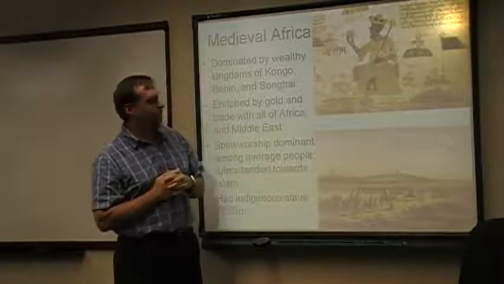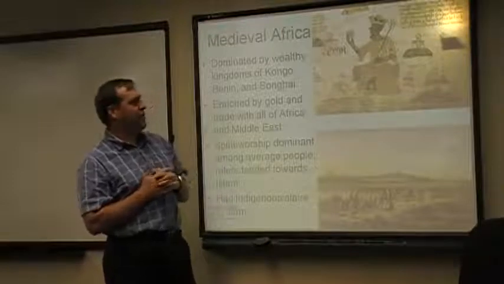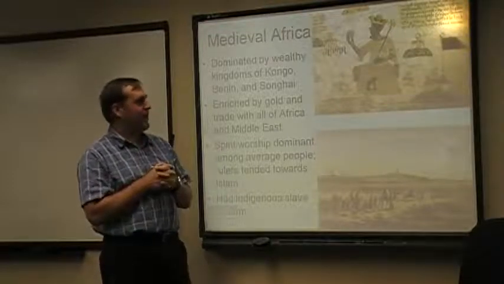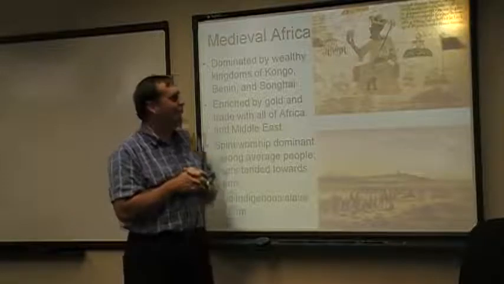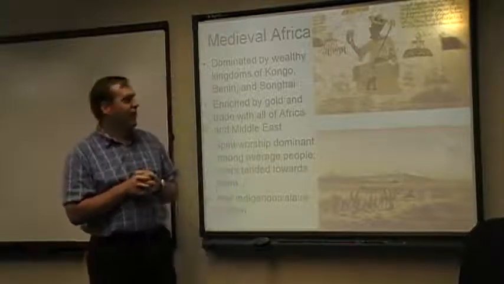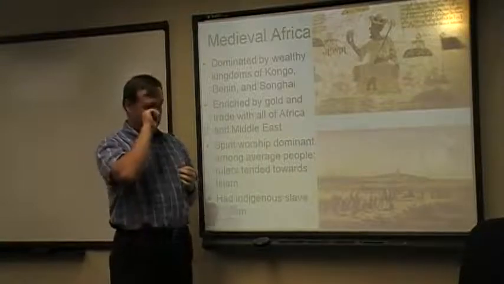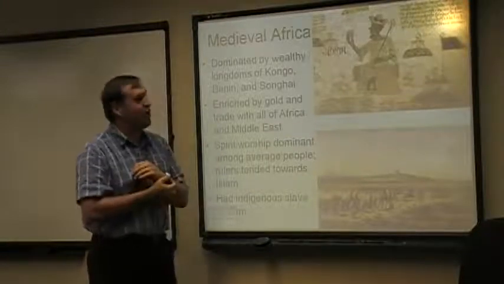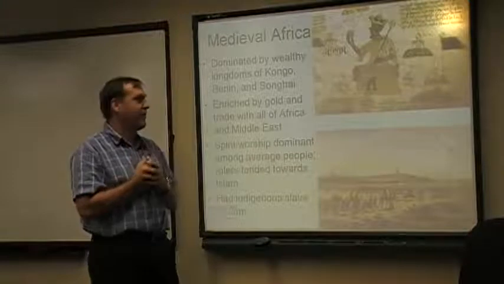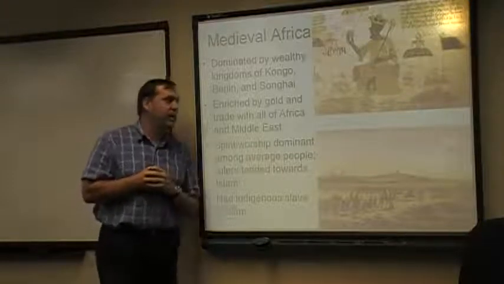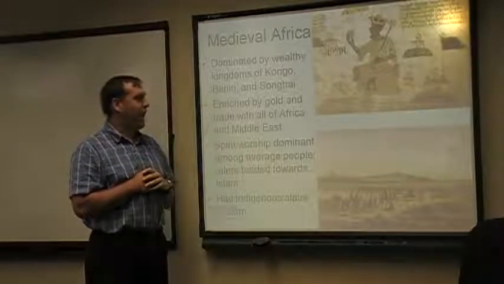And it looks a whole lot like a print that you might see of medieval France, where you've got walled cities, you've got a king on the throne, he's got a golden scepter. Other than the fact that it's a black guy and not a white guy, we would expect, yeah, medieval Europe. It's like somebody colored the frame wrong. But no, in fact, this is what you would expect to see in medieval West Africa.